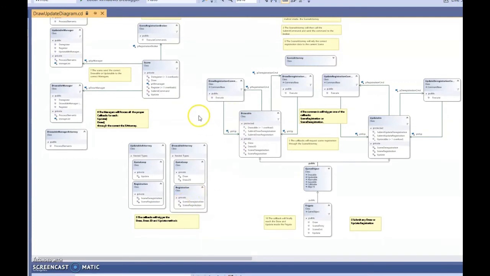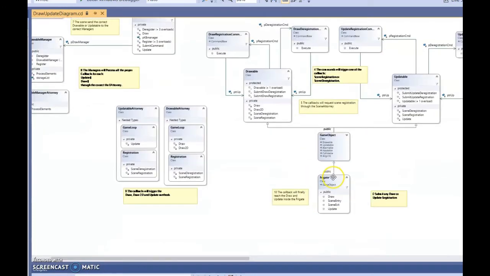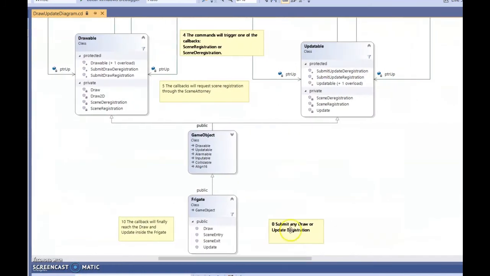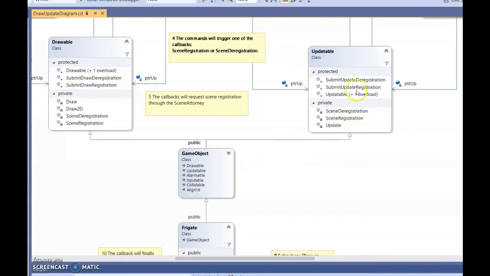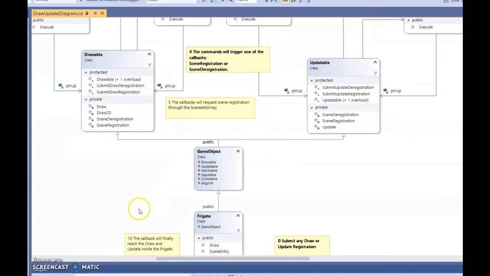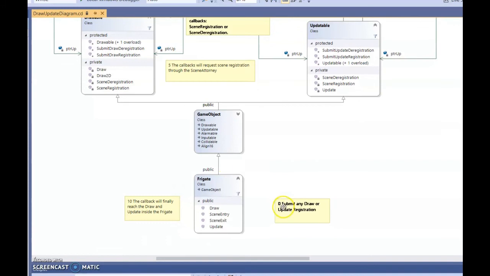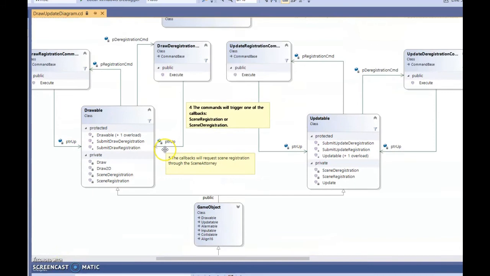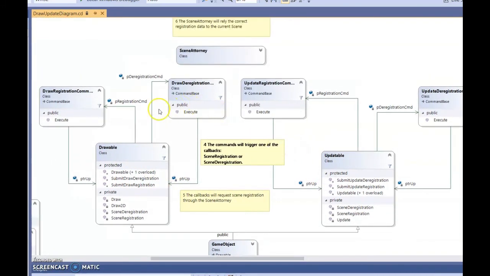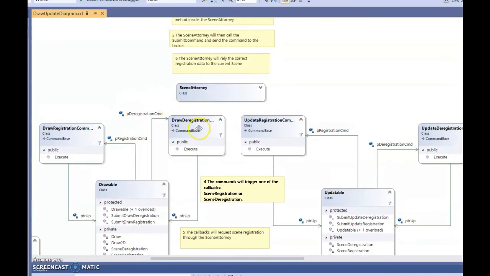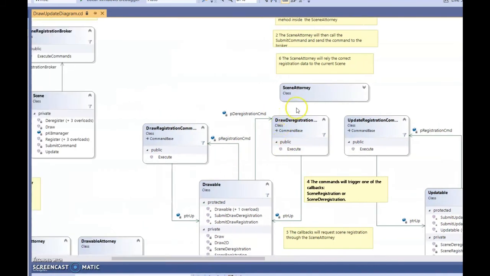And this is pretty much how the updatable diagram looks like. So let's start here at the bottom. I have a frigate that actually inherits from the game object, and the game object inherits from the updatable and the drawable. And I have all the steps laid out, so it's easy to follow them. Then each of the drawable or the updatable has their own registration commands for either registration or deregistration. Then they'll be sent through the scene attorney to the scene,